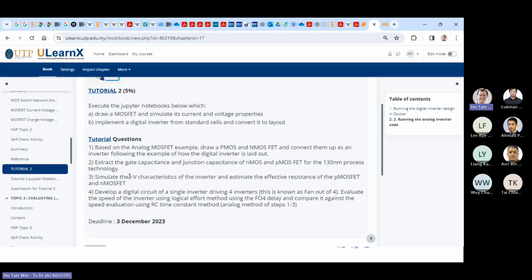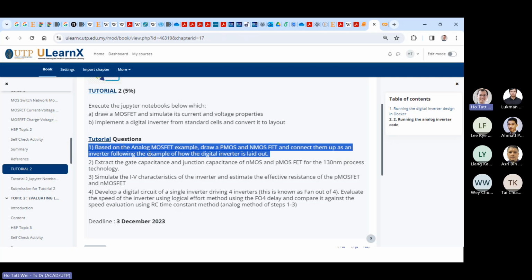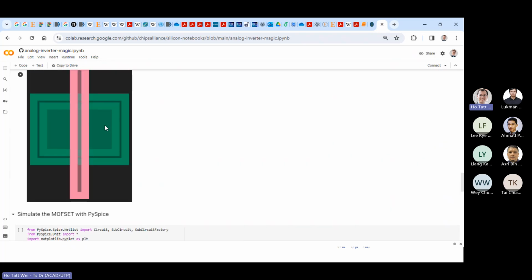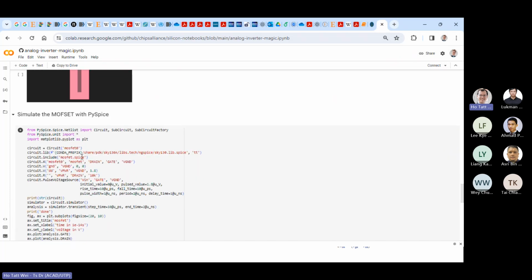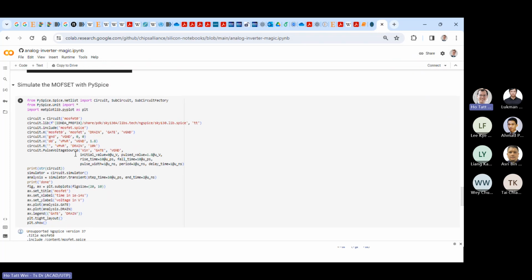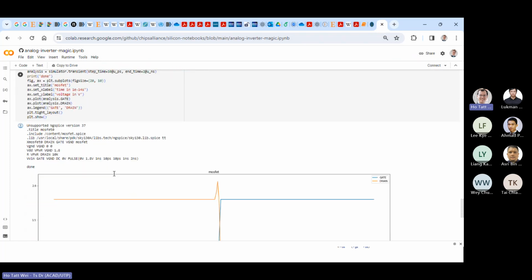Here I'm asking you to draw it out, right? Then I'm asking you to basically figure out for 130 nanometer, maybe asking you to actually look a little bit in the PySpice. How do you get the capacitance at this part here? VDS, the junction capacitance, the gate capacitance. How do you measure that or extract that out of the PySpice module? Right, so you go look for PySpice, you just look up how to pull out the capacitance.